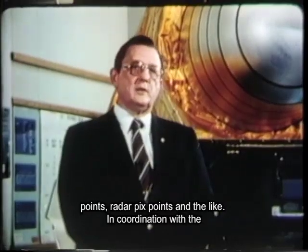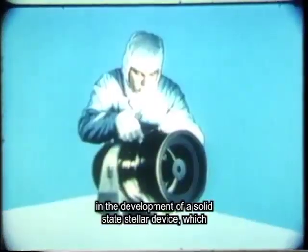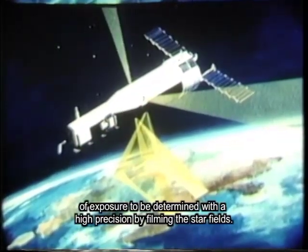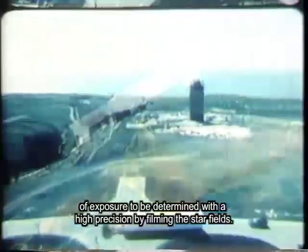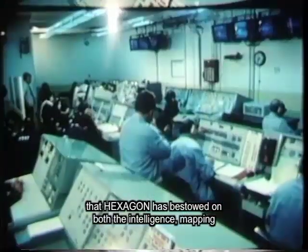In addition to the maps, we were also able to produce several 100,000 points that were critical to the Strategic Air Command for target positioning, for offset aim points, radar fixed points, and the like. In coordination with the operational community, the Defense Mapping Agency assisted in the development of a solid-state stellar device, which would enable the panoramic camera's attitude at the instant of exposure to be determined with a high precision by filming the star fields. We have seen the abundant legacy that Hexagon has bestowed on both the intelligence, mapping, and charting